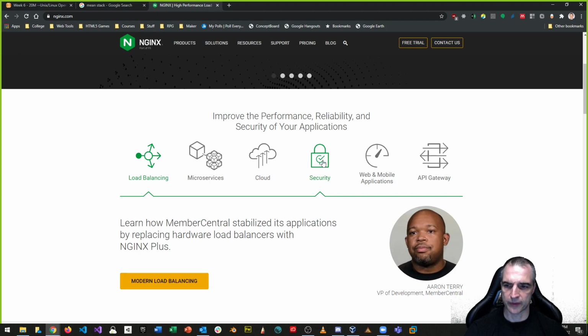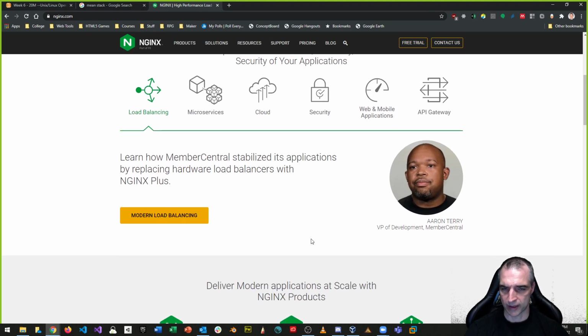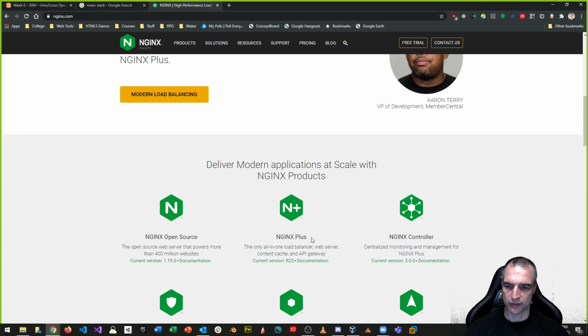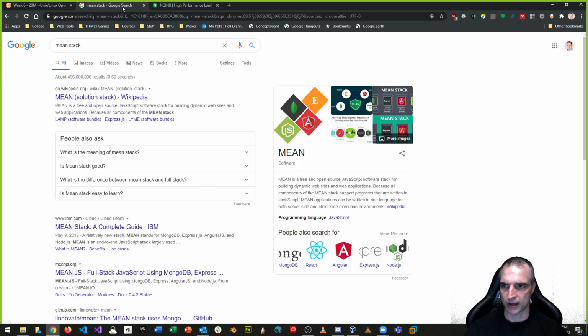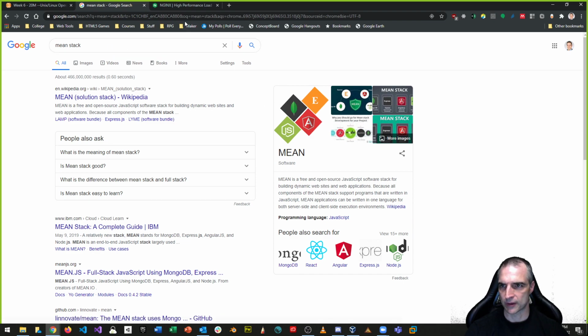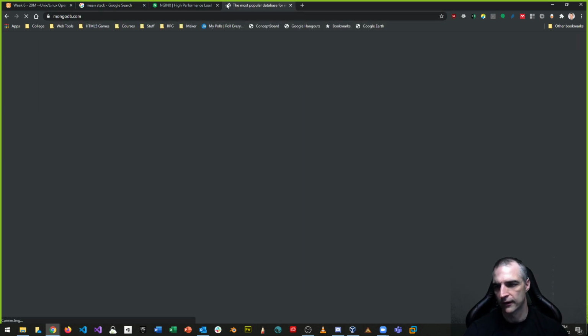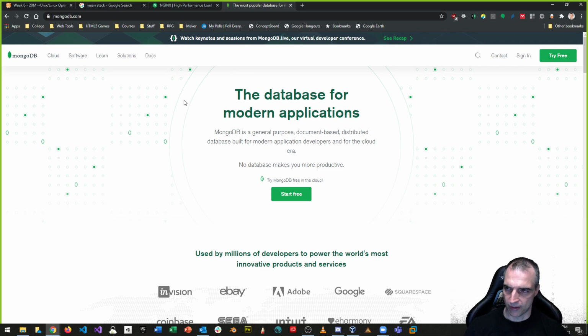Right, and the great thing about that is it supports things like microservices, more modern APIs, and it supports things like Node.js. Out of the box, Apache does not support Node.js. It doesn't, right? Which is a negative thing. So if I want to run everything JavaScript, so JavaScript on the back end, instead of MySQL, I can use something called MongoDB. So if I go to mongodb.org, that's kind of our